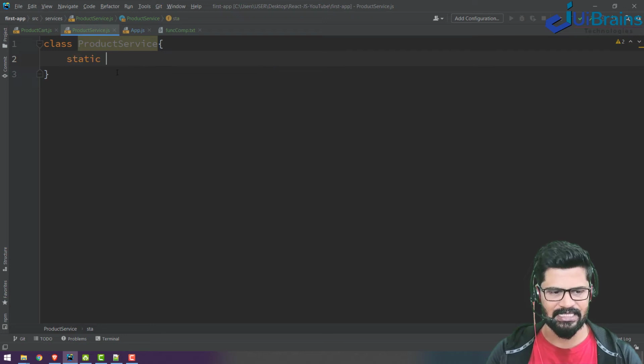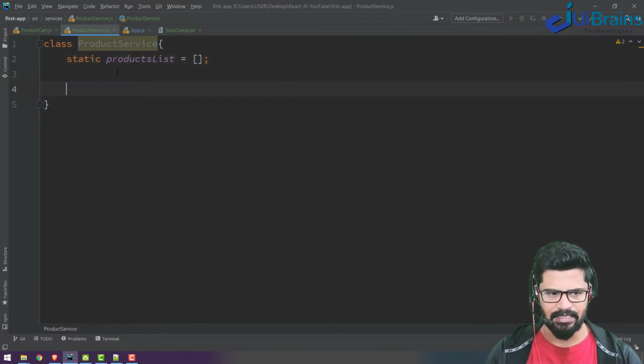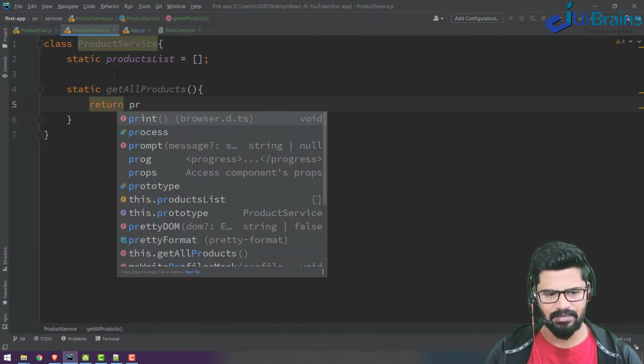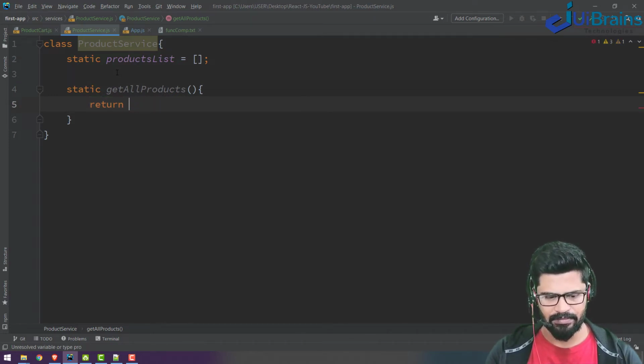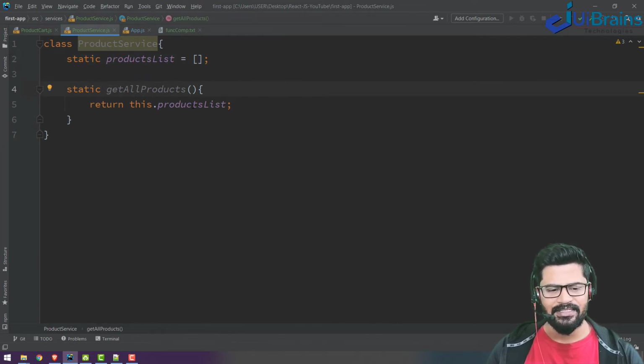So let's say static products list is equal to an empty array, and then static getAllProducts is the method that will return this.productsList. So I have taken a variable and a method for fetching the data.